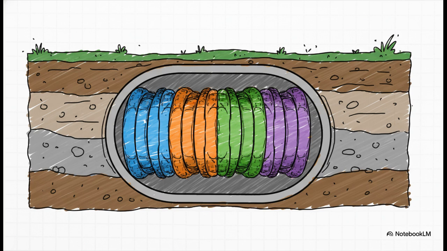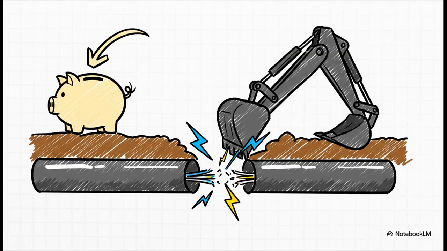And what's really wild is that these fierce competitors, companies like AT&T and Verizon, often lay their fiber right next to each other in the exact same trench. So why on earth would they do this? It's simple economics, really. It is astronomically expensive to dig new trenches across the country. But this creates a massive hidden vulnerability. A single construction crew with a backhoe in the wrong place can accidentally sever the connections of multiple competing Tier 1 networks all at once, leading to these huge, widespread outages. It's a shared risk right at the physical heart of the internet.